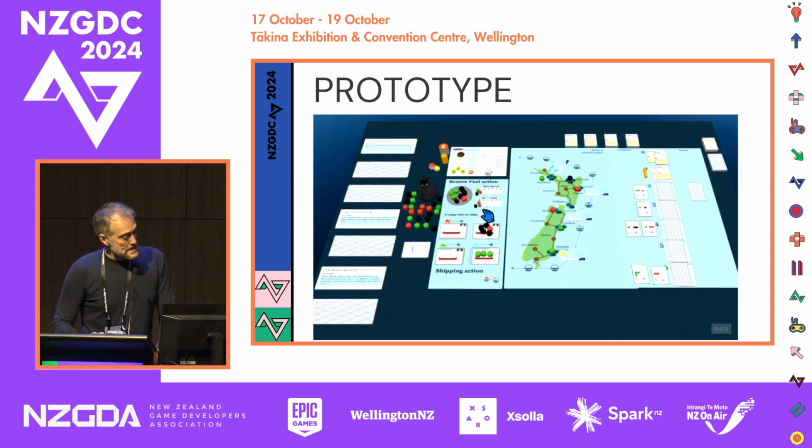So the prototype for this game, this was an early digital prototype of the game where we had a map of New Zealand. I'm just going to show how some of this kind of eventuated in this prototype. We had all these roles that are on the left. Players are taking roles. They were playing this tournament style with people in the company across New Zealand. And by tournament style, I mean they would play a group of four-ish against another group of four, against another group of four, asynchronous, and they were trying to go for a high score.